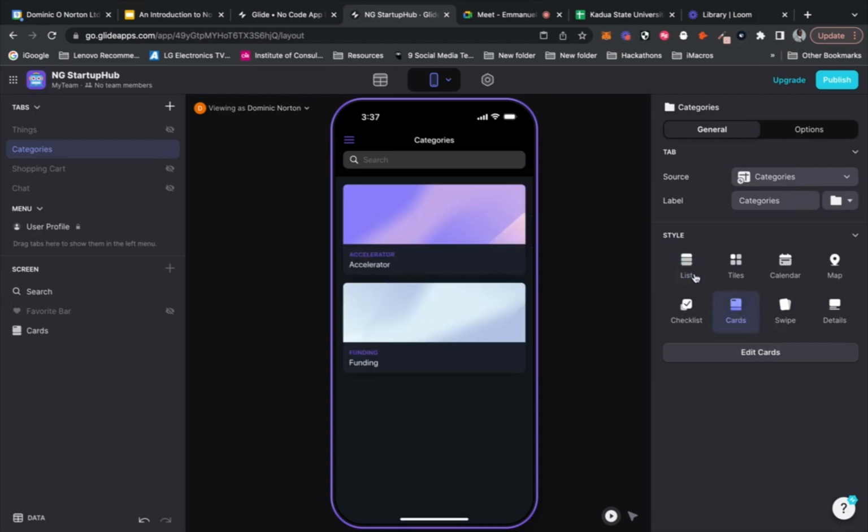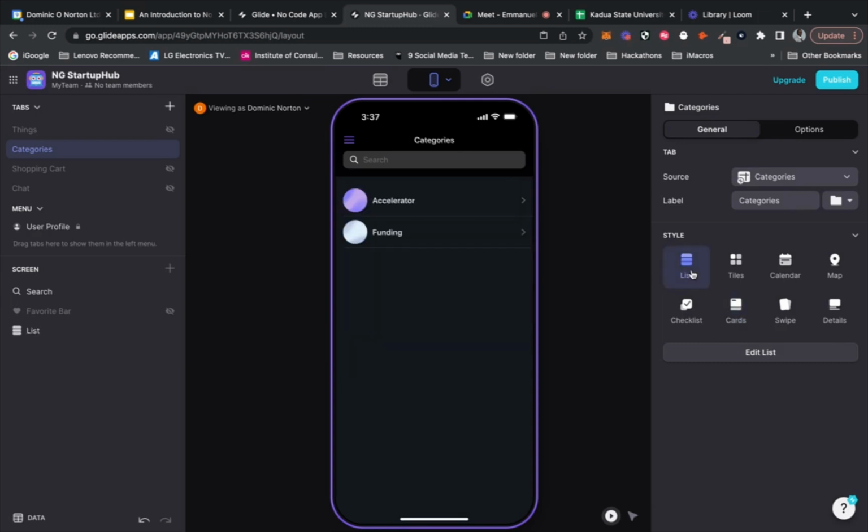I typically select this, but actually today I might select list. So when you hit the home screen and hit category, you're going to see a list of the categories. We're also going to change this label at the top just by highlighting label. And we're going to say NG starter.